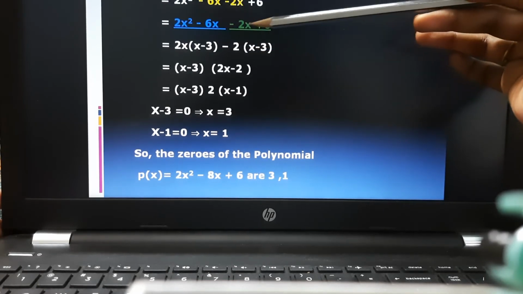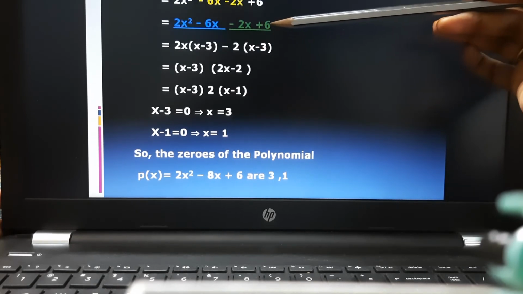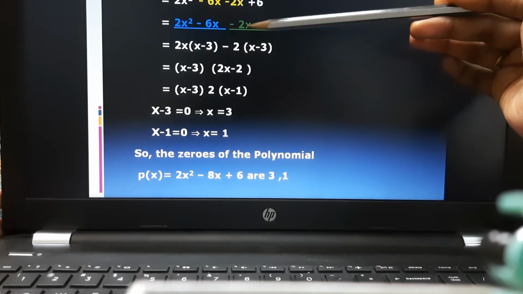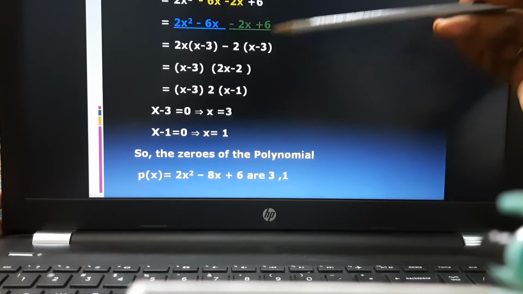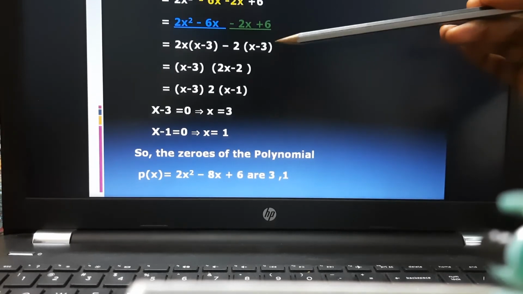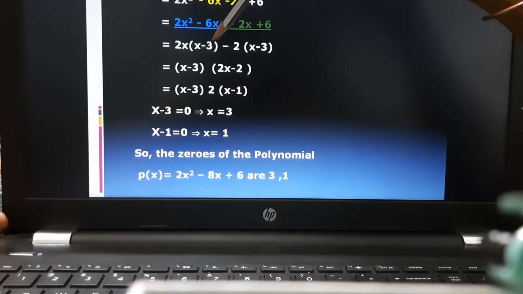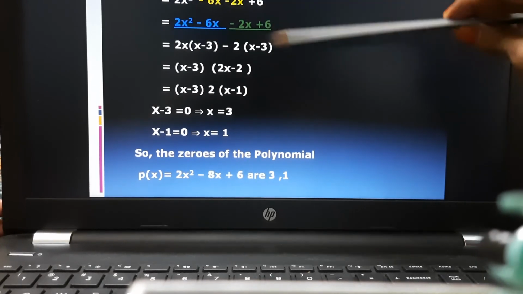Okay, 2 is common, x remains and minus. Here what remains? 2 threes are 6. 2 is common here, so we are left with x. So 2 into x, 2x, minus into minus, plus 2 threes are 6. Right, we have done it correctly. So here we have a simple method. What is common here, we will get the same as here. Here x minus 3, so here also we will get x minus 3. I'll explain this method in the next problem.